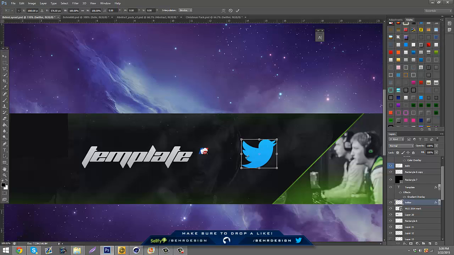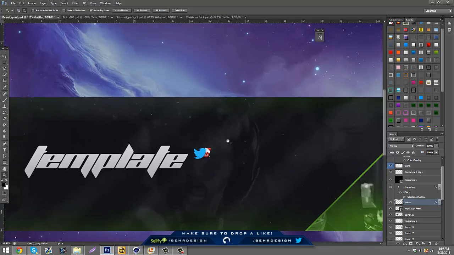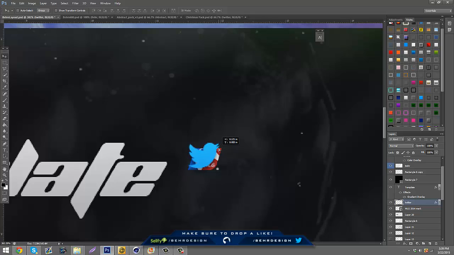And then I'll just make these smaller as well. So kind of match size. So I'll just take that and make this a tad bit tinier.